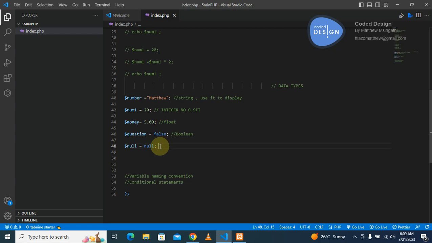What is null? In programming languages or in the computer world, you can have a number, you can have a string, you can have a space. For instance, if we are here, this is a space. But what if there is some sort of nothing? What if there is nothing, like as in nothing? If we've got a space